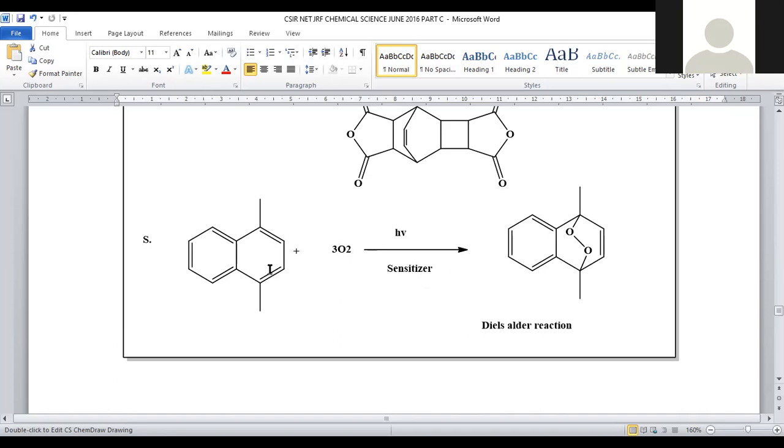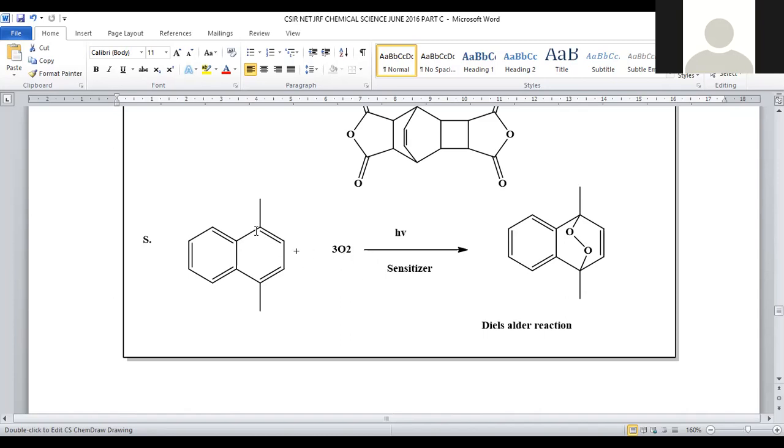And here, in the naphthalene molecule, we have a diene system. Again, it is a kind of Diels-Alder reaction. The diene and dienophile get cyclized, a 4+2 cycloaddition is carried out. So intermolecular cyclization, you can clearly observe. In between we got one double bond, and this double bond is shifted, a carbene will be formed.